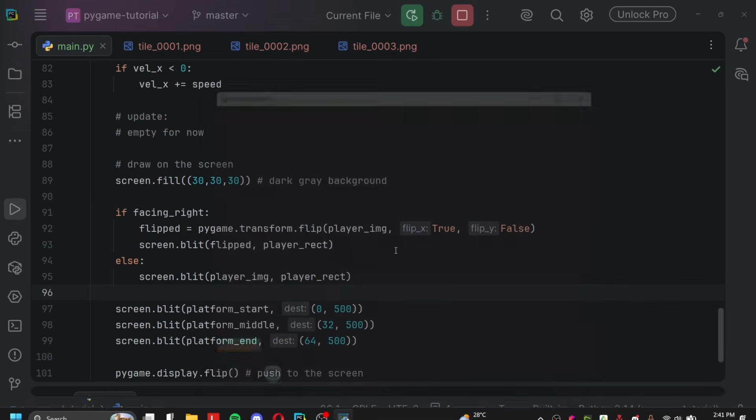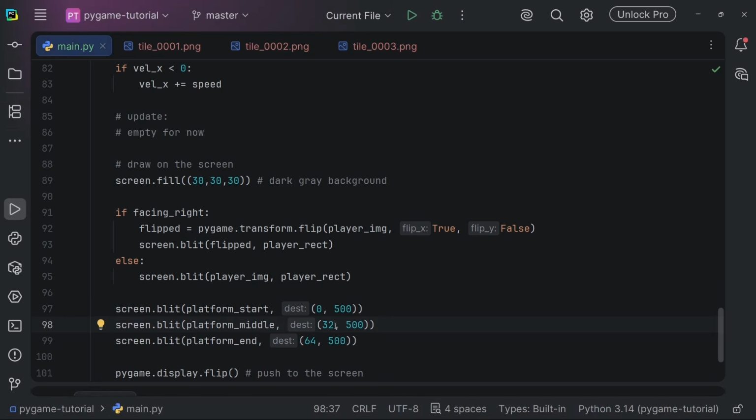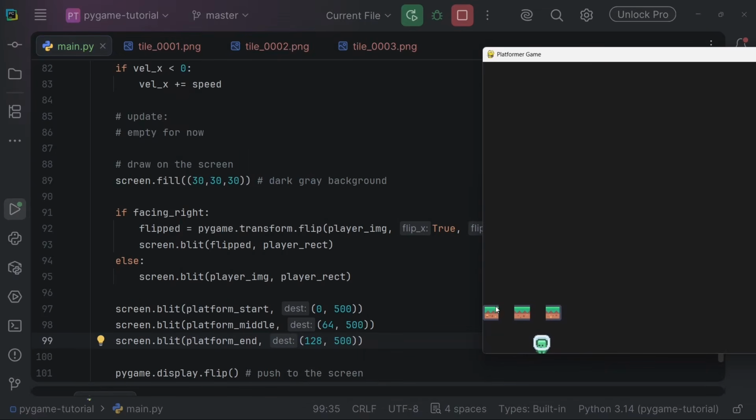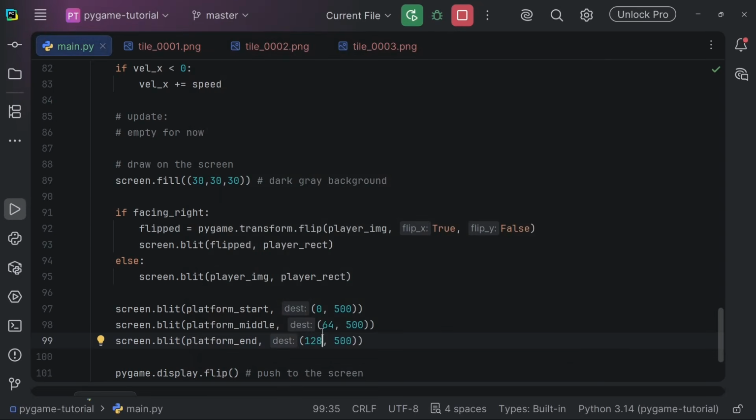We can actually look at how this would look like. So if we did 32, if we did 64, and after 64 we did 128, you could see that there'll be one tile difference. So you can see there's a one tile difference. This is a good exercise. This top left is 0, this top left is 64, this top left is 128. And since all of them have the same y value, which is 500, they're all on the same y-axis, but on the x-axis, they're a bit left and right. So since our tiles are just 32 apart, we know that they should be 32 apart like this,